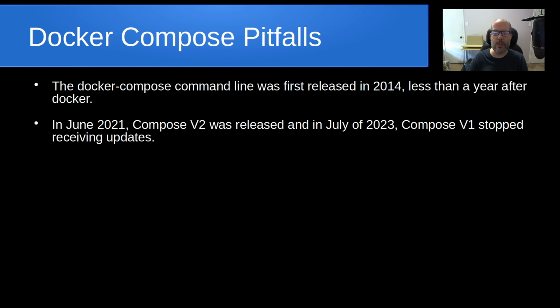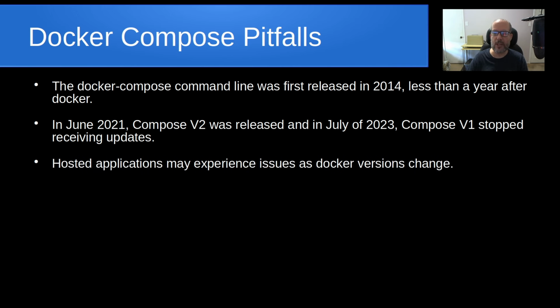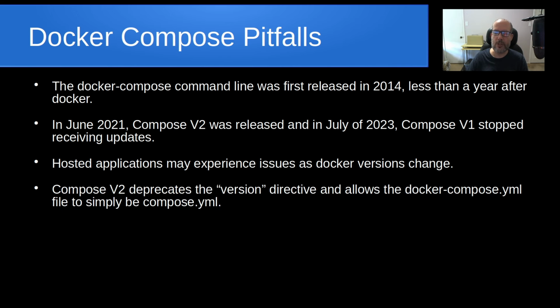In June of 2021, Compose version 2 was released, and in July of 2023, Compose version 1 stopped receiving updates. So hosted applications may experience issues as Docker versions change. Compose version 2 deprecates the version directive and allows the docker compose.yaml file to simply be docker compose.yml. As of August of 2024, Docker is at version